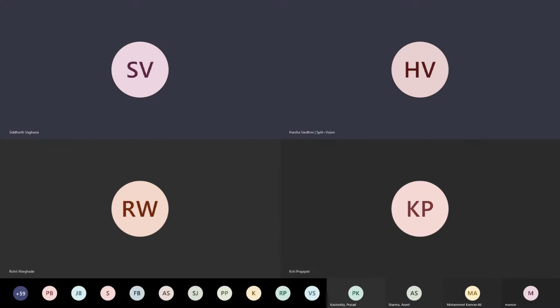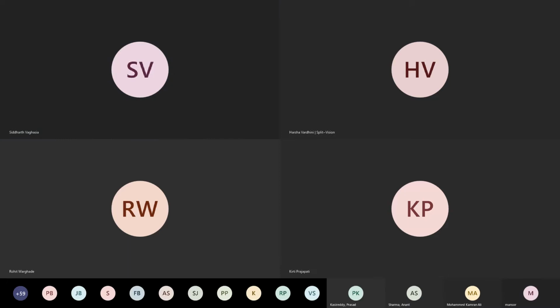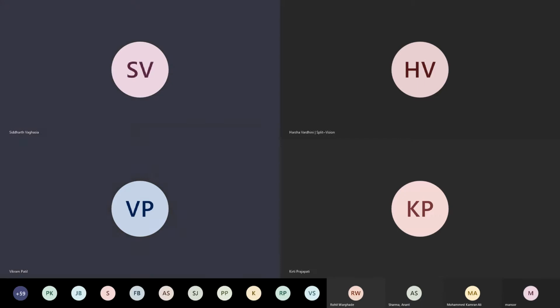Right. So this is basically the property which you will be selecting, and the values would be stored in this particular property. If I go back, Siddharth, you're not sharing anymore. Oh, sorry.